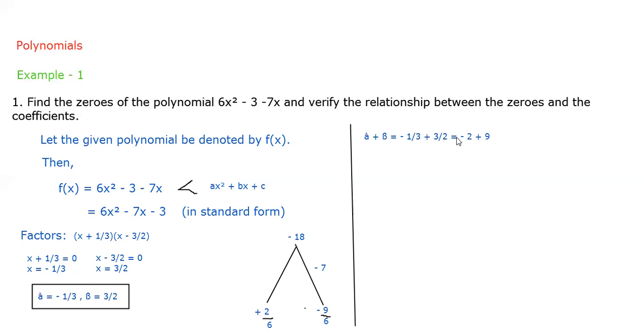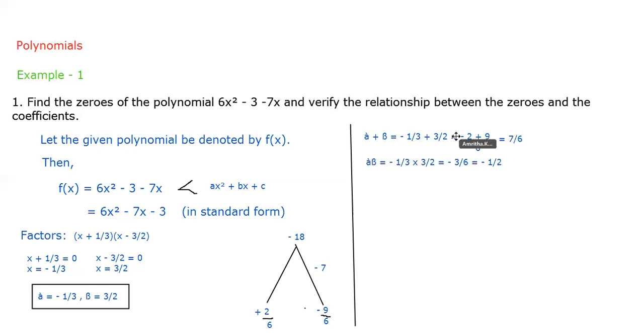Okay. Now we are going to find the sum of zeros using this alpha and beta. Alpha + beta. Here our alpha value is −1/3 and beta value is 3/2. You can either take the LCM or do cross multiplication. Here I have used the cross multiplication method. First 2 into −1 is −2 and 3 into 3 is +9, divided by 3 into 2 is 6. If you simplify this, you will get 7/6. This is our sum of zeros.